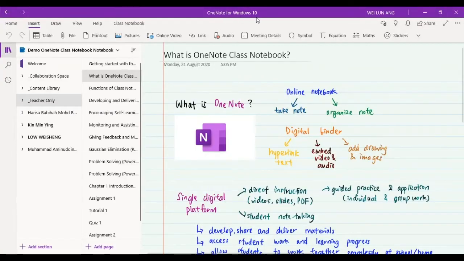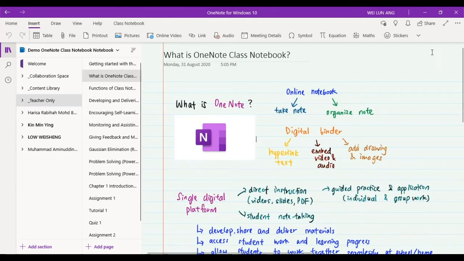If you look at this screenshot, these are the features of OneNote for Windows 10. You can open OneNote either in a standalone app, as in this case, OneNote for Windows 10, or you can open it in Microsoft Teams. Just for your brief introduction, OneNote is best utilized if it is paired with Microsoft Teams. So I will introduce some of the features that can be done using Microsoft Teams and OneNote together.